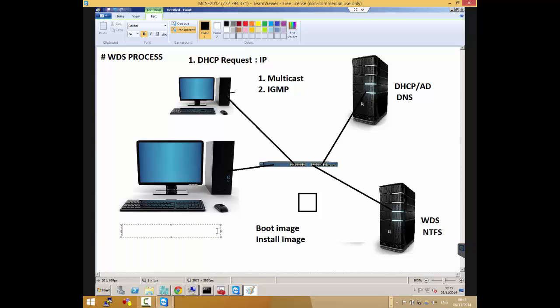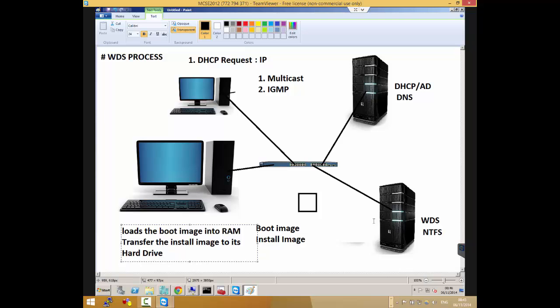So what will now happen is that it loads the boot image into the RAM. After it loads it into the RAM, the next thing it's going to do is establish a session with the WDS server, and it will transfer the install image to its hard drive.